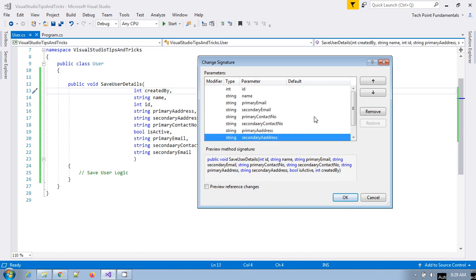This looks fine, right? And if you click on OK,